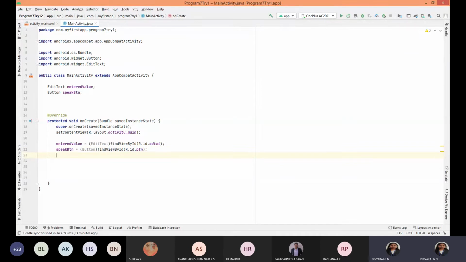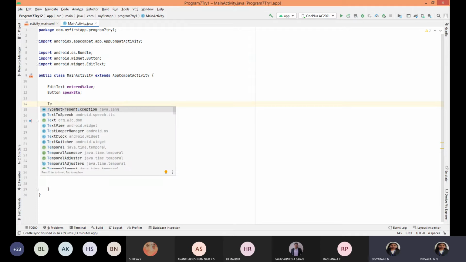Okay. So now our next step is the actual program. That is the code for converting text to speech. The actual real program. Okay. As I said at the starting of the class, it is completely about inbuilt functions. Okay, so what is the first inbuilt function we use? See, we have a variable, we have an inbuilt function called text to speech. Okay, so let me initialize the text to speech here itself. Type capital,